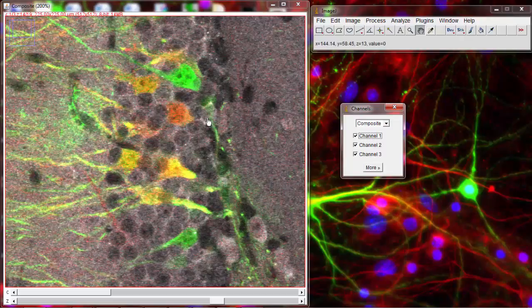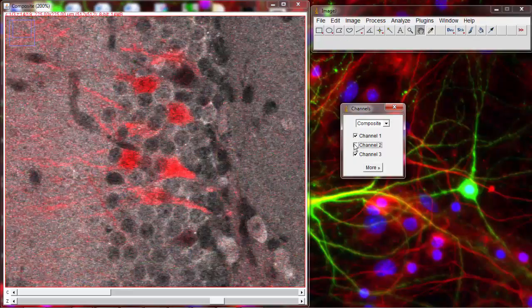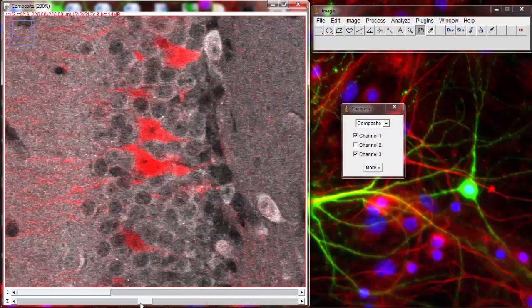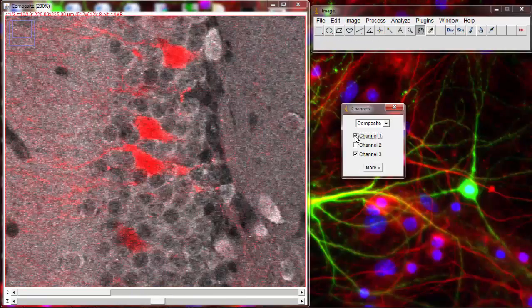However, all of the cells that are labeled with our retrovirus are 21-day-old cells,